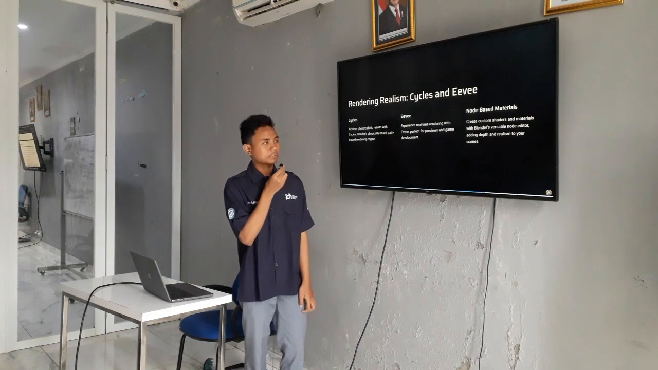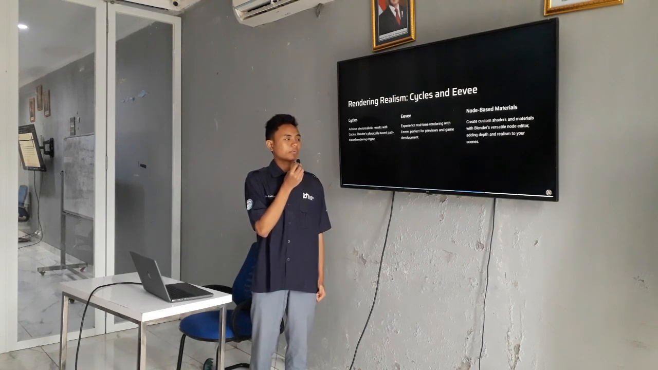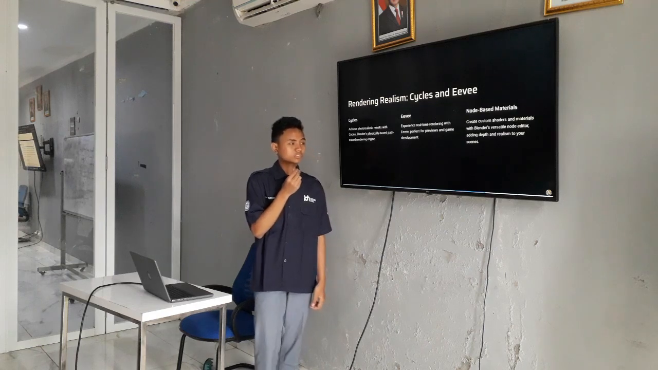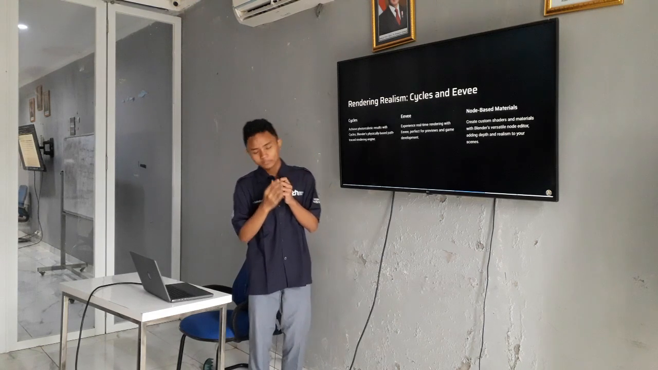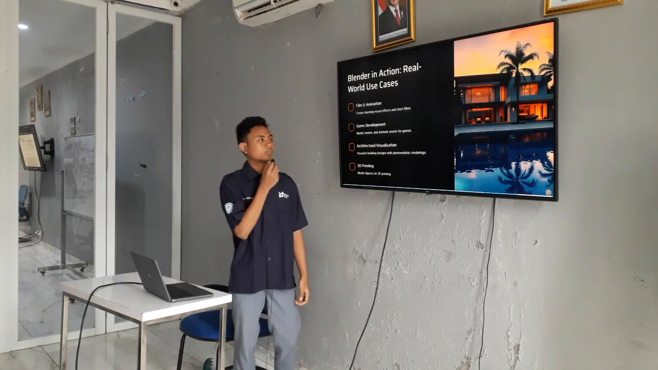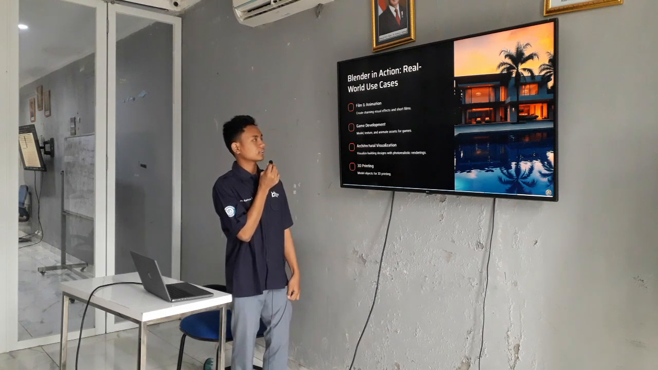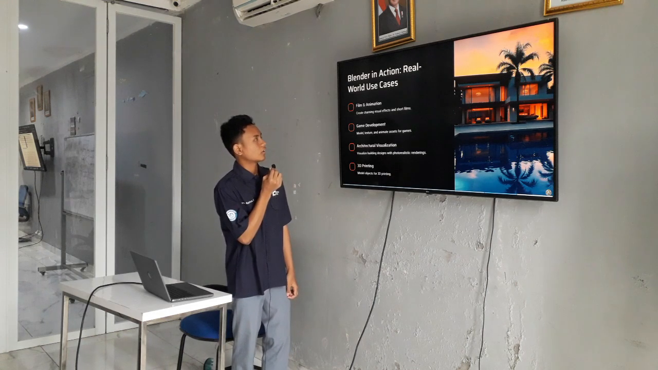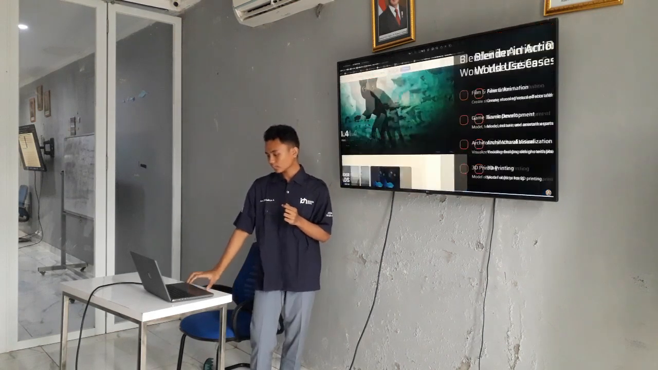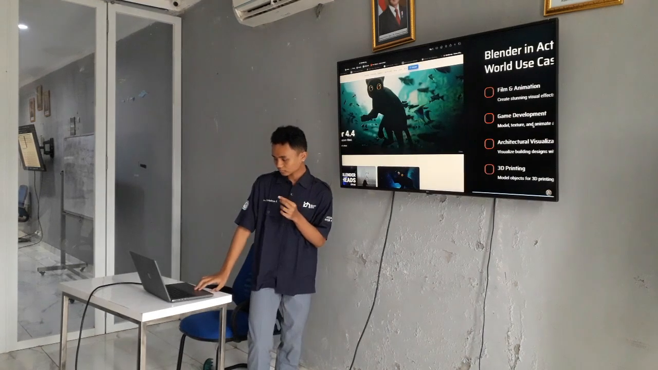And the next is node based material. Create custom shaders and materials with Blender's versatile node editor, adding depth and realism to your scene. So it is a geometry node, the most difficult feature on Blender. And last, Blender can be used in, first is film and animation, create stunning visual effects and short films. And Blender is the application that made Flow, the winner of Oscar 2024. And then